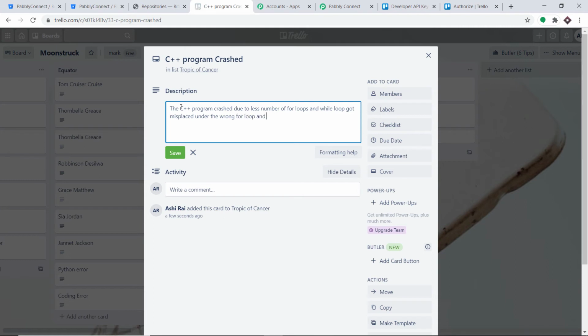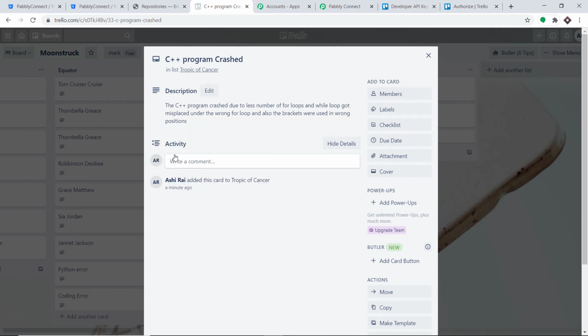Okay, and also the brackets were used in wrong positions. Okay, so let me click on save.